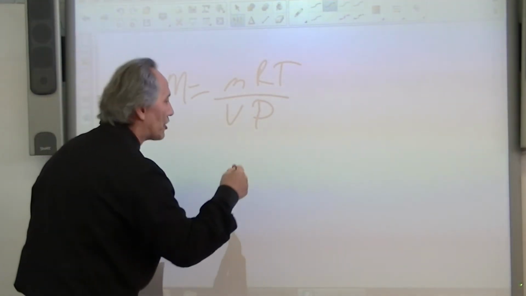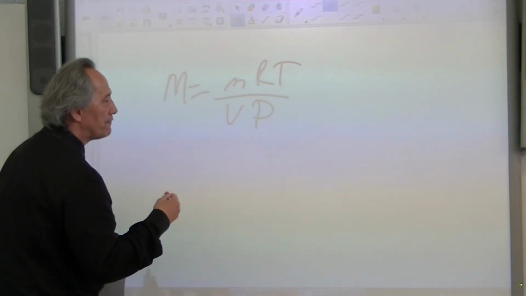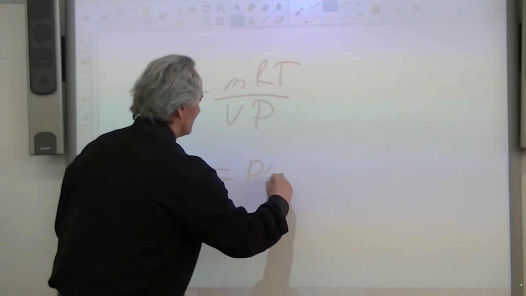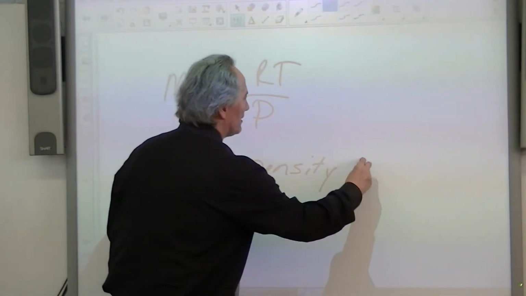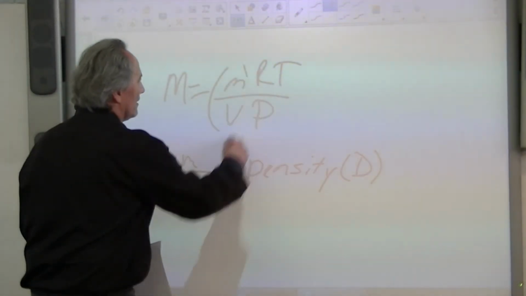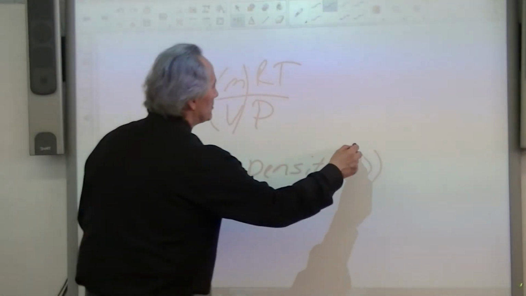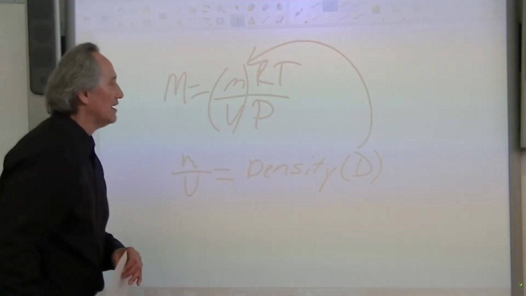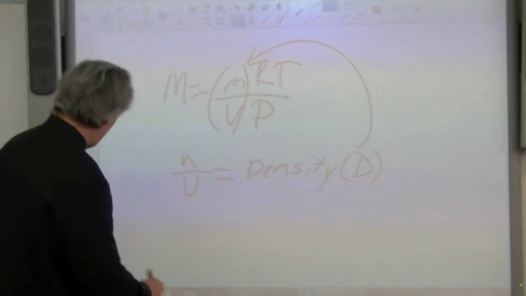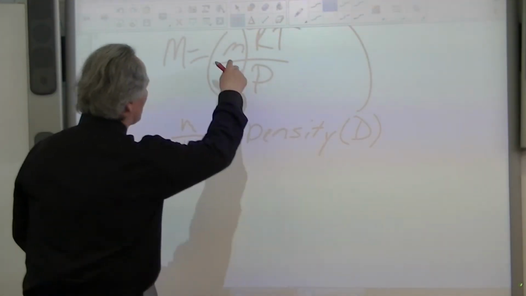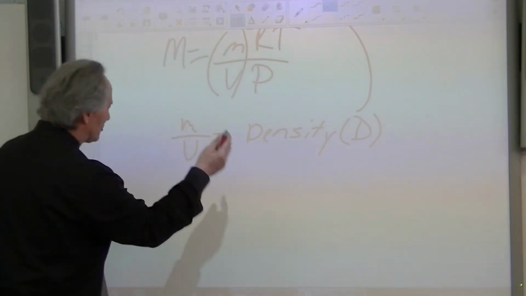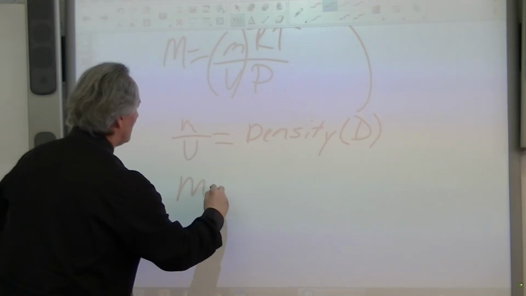that can be associated with another function, which is m divided by big V equals density. Density typically is expressed as uppercase D. So we can take the mass divided by volume and substitute D in its place, and then rearrange it such that density is expressed in terms of MRT. Let's do that. So we substitute D for m divided by V, which is grams per milliliter or liter. So we have big M, molar mass, equals